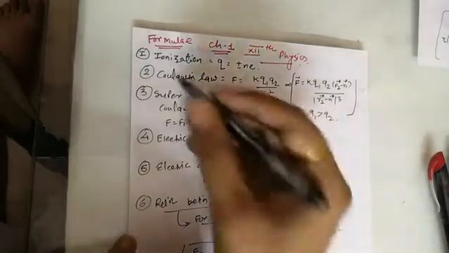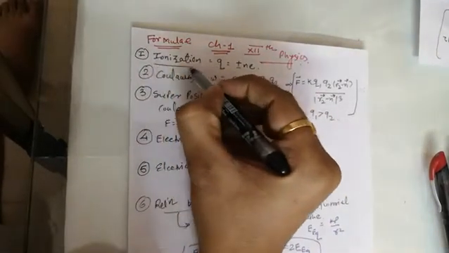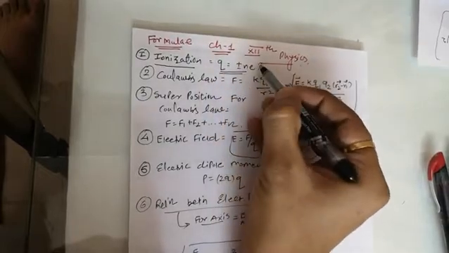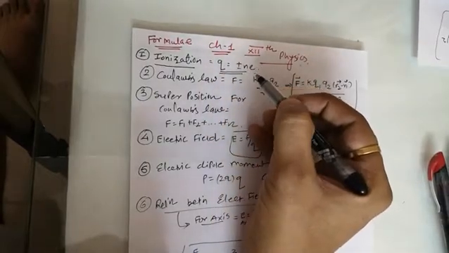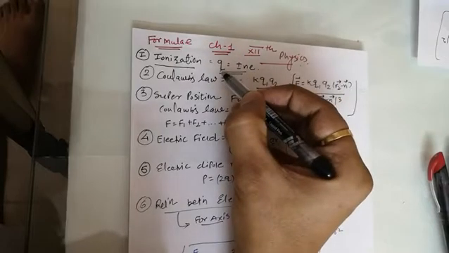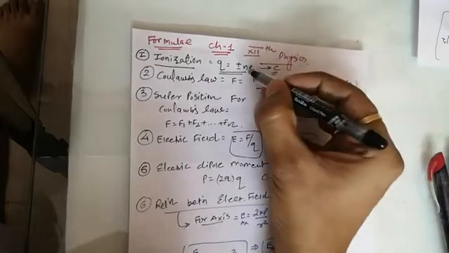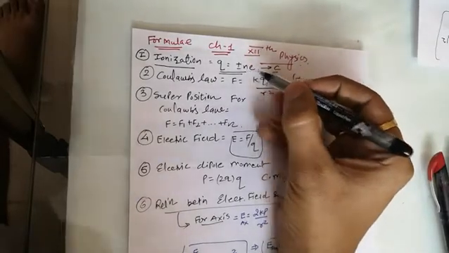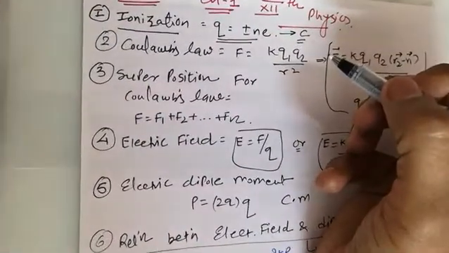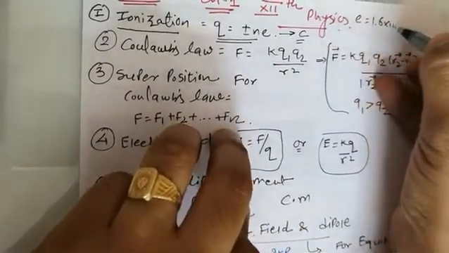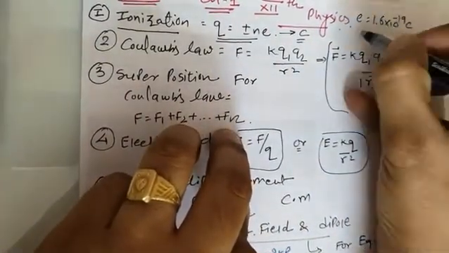The very first formula is called charging by friction and charging by ionization. Whenever charges can be received or lost, we use the formula of ionization. Here Q represents charge, which has the unit coulomb. N is the number of charges and e is the electron. We have to be aware that an electron carries 1.6 cross 10 to the power minus 19 coulomb of